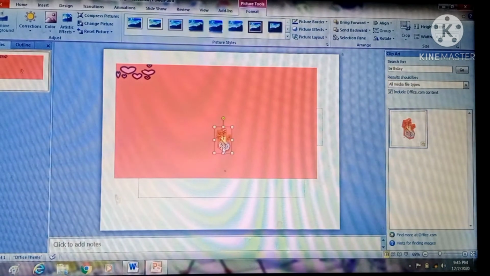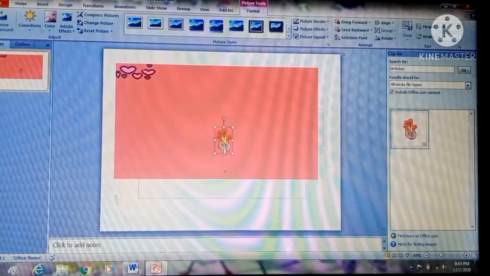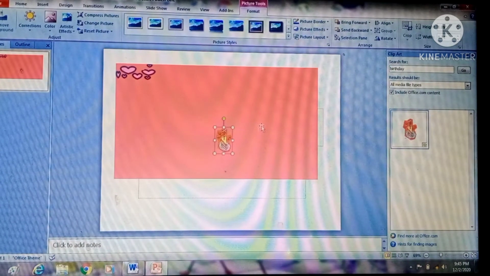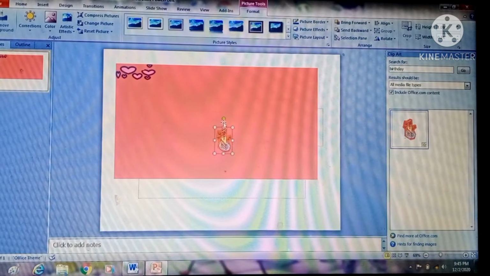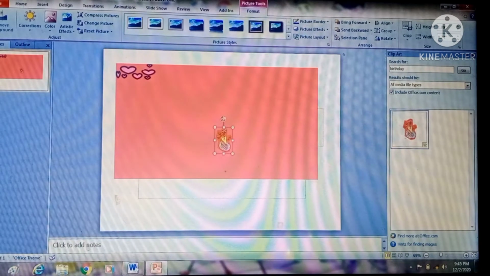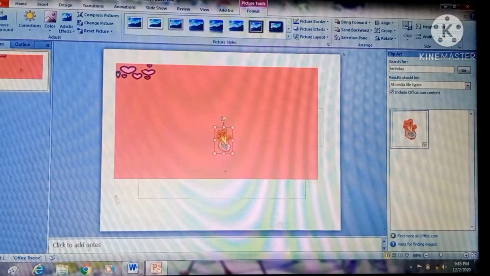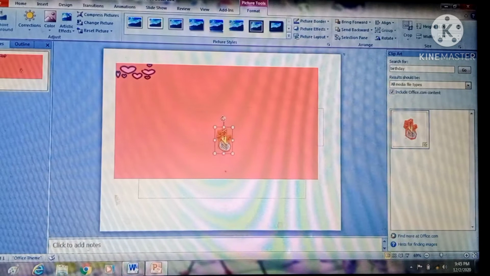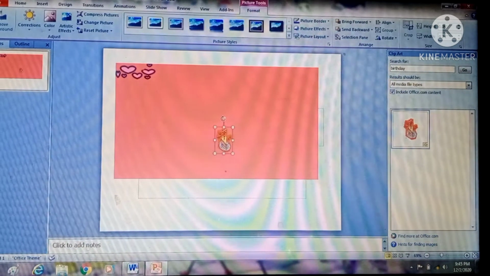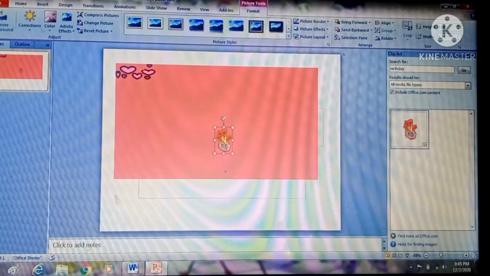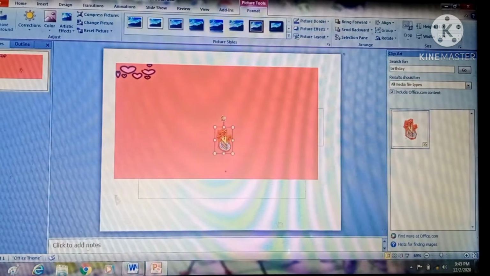I am bringing the pointer over that green mode. As the four-headed pointer moves to the green mode, it changes into a rotation handler. Now as I rotate it, my picture will also rotate.